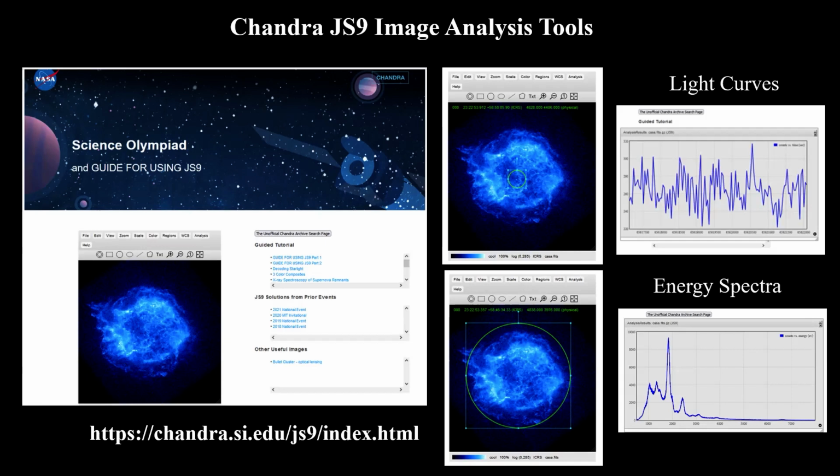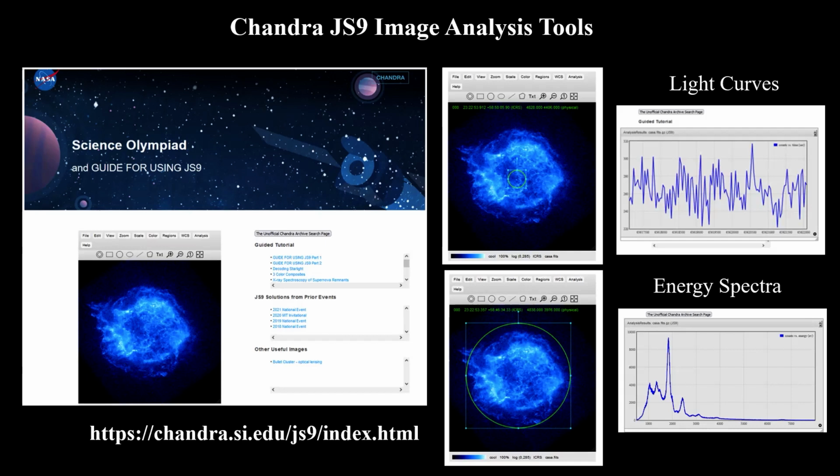I know I kind of seem to be blogging here, a pet peeve, but I think it is really important to learn how to use JS9. It is empowering to use that tool because it is the exact same tool used by scientists. And it isn't just for X-ray observations either.